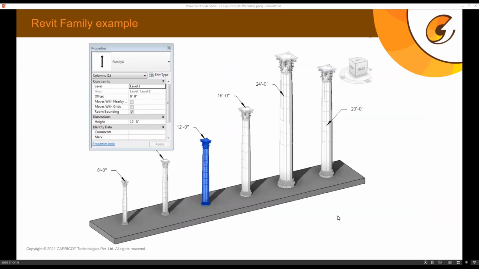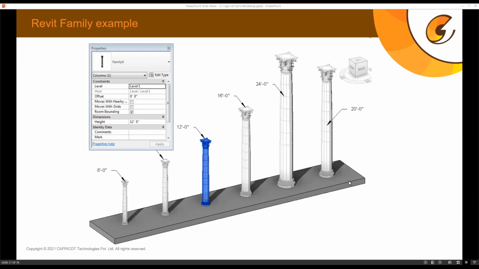Here's one example of Revit families. So when we talk about a family in Revit, that falls under the third order of the hierarchy. And the family in their shape, in their sizes, and their construction methodologies are basically the same. And types are merely their duplicate copies. So this is a family of column, an ionic column, I guess.